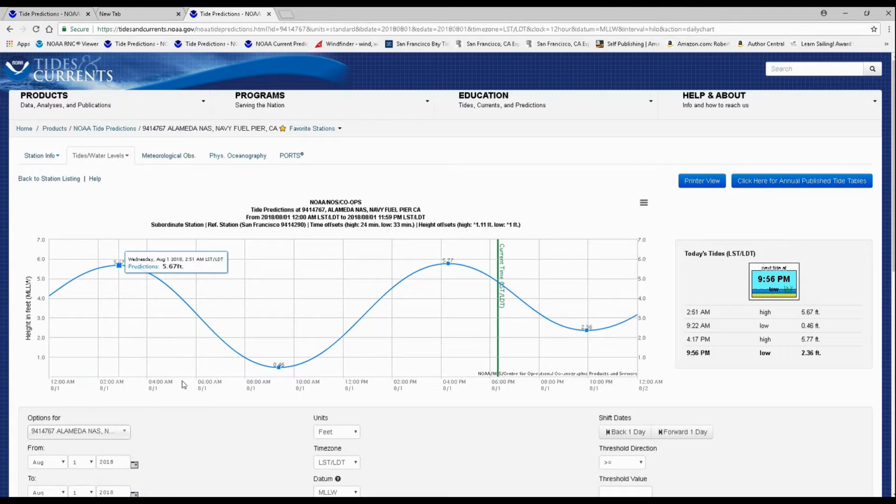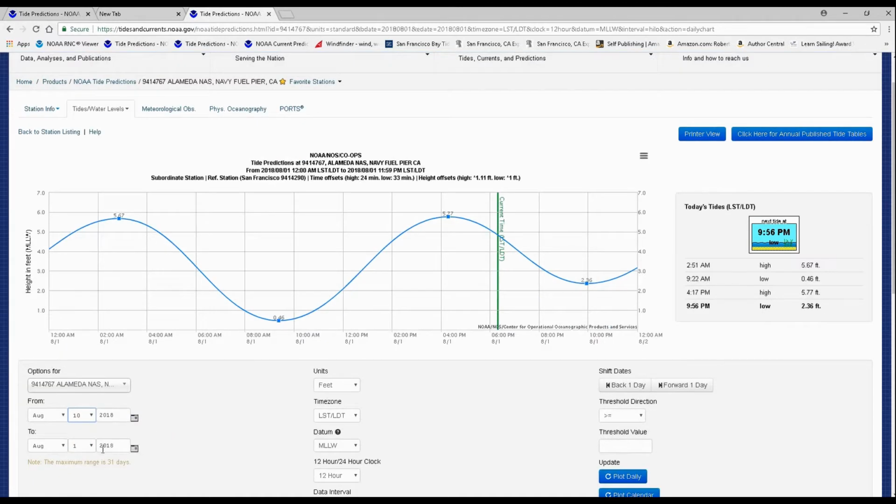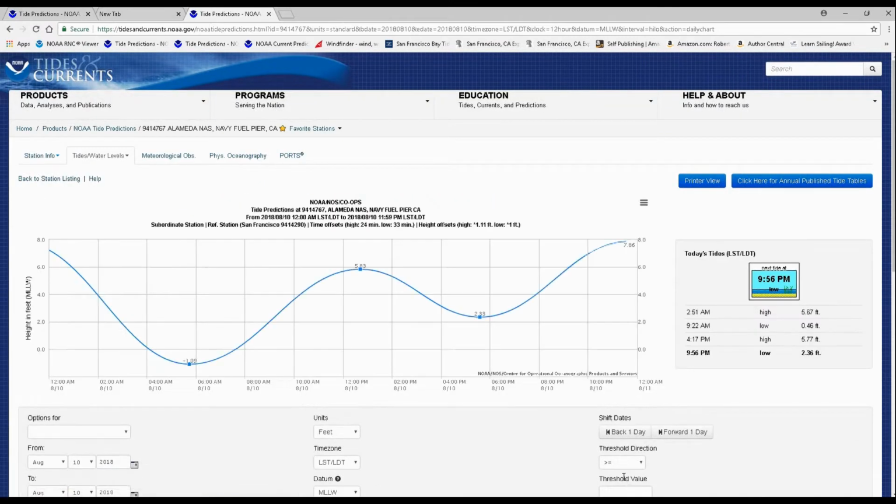Now, let me advance to a day that I know isn't going to be a good day to go sailing up to the Upper Bay. Let me go to August 10th. Pick your day here, and then you hit plot daily, and that'll remap it. So this is particularly a bad day for tides and currents, especially if you wanted to leave early in the morning. You can see we have a negative